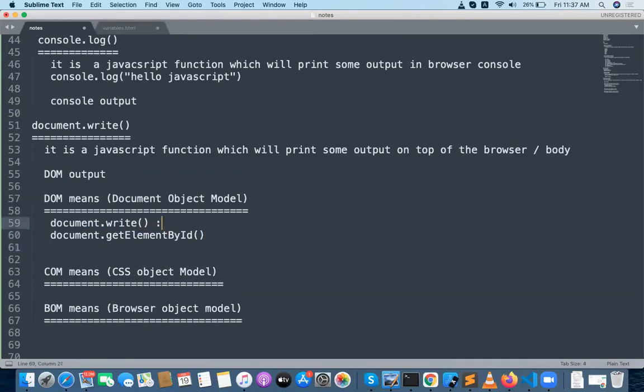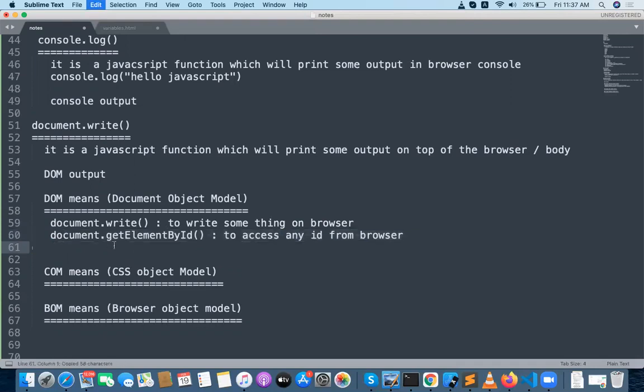This is the function to write something on the browser, and this is the function to access any ID from the browser. I will tell each and everything later.